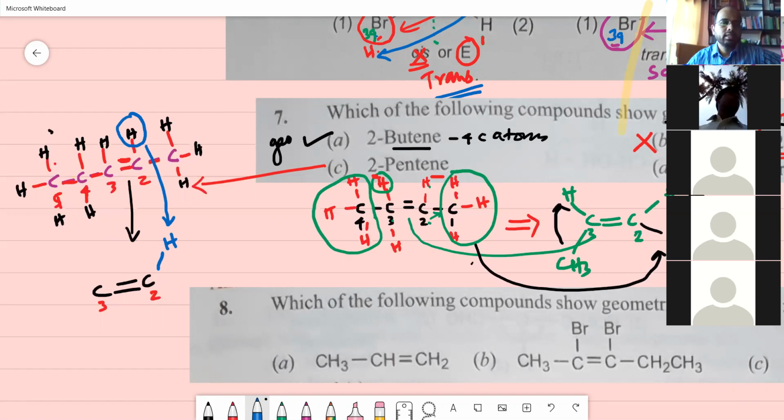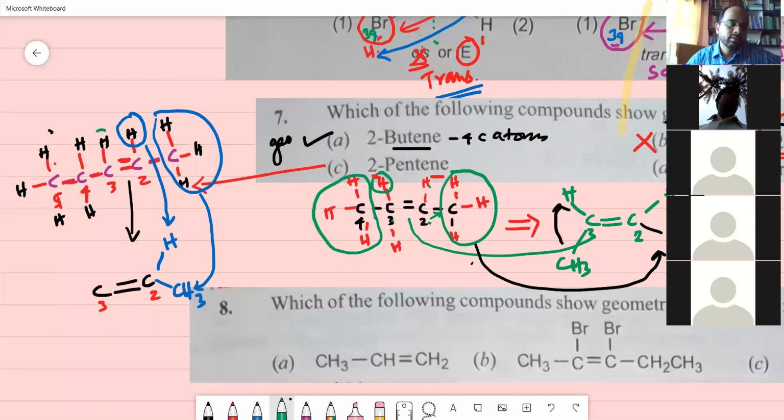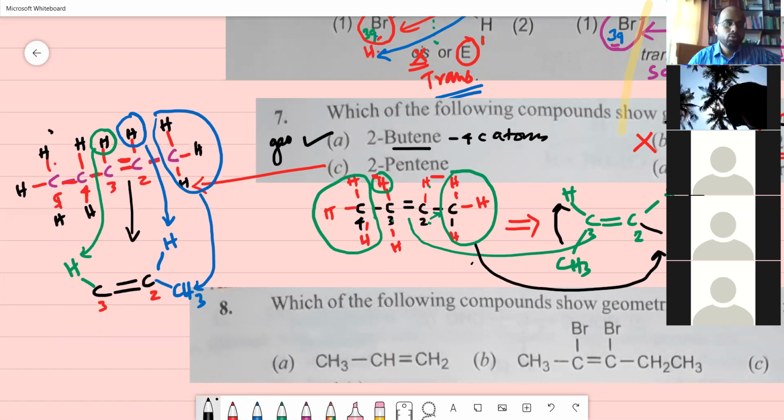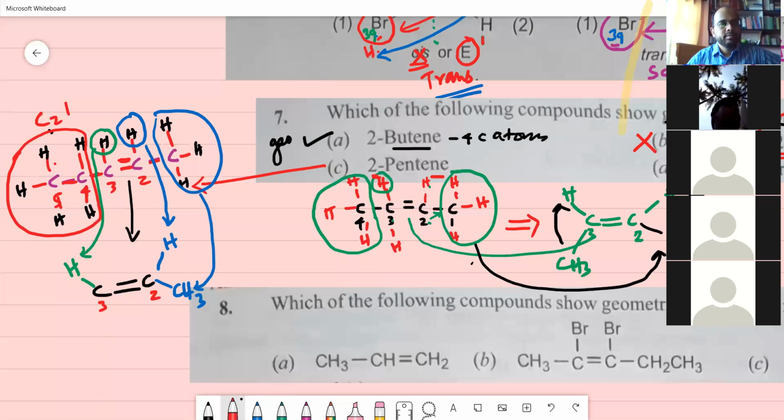Okay, in the CS3, the third carbon atom is having one H here. So I'll put that H here. Now this entire group is C2H5, that is attached to carbon atom 3. So for carbon atom 3, I am just putting C2H5. So you can see that you have 4 different groups.